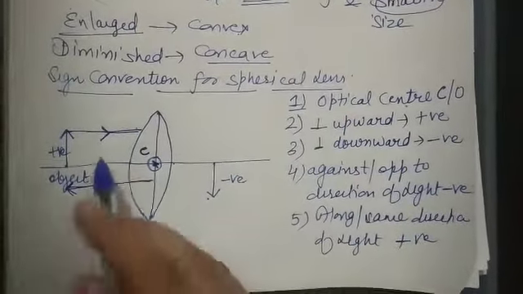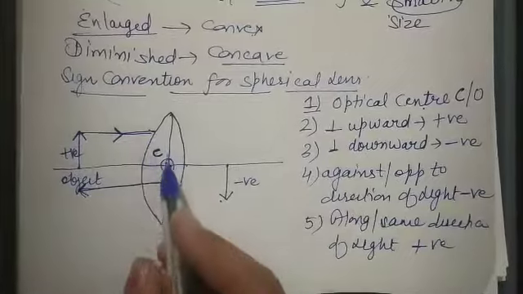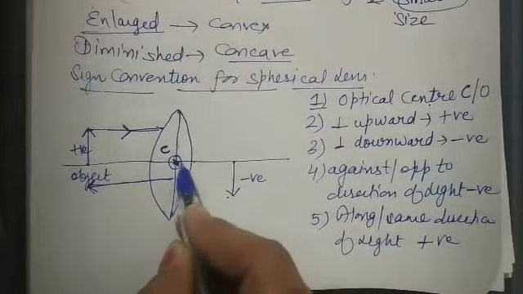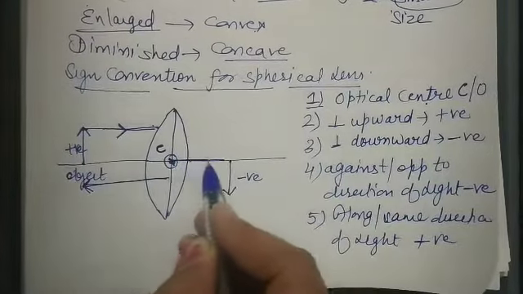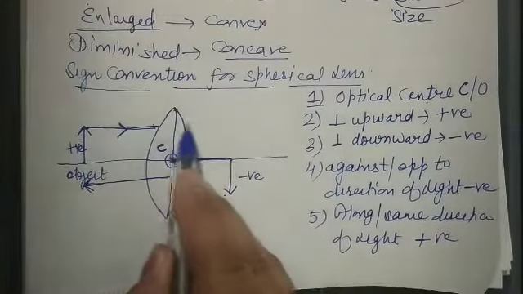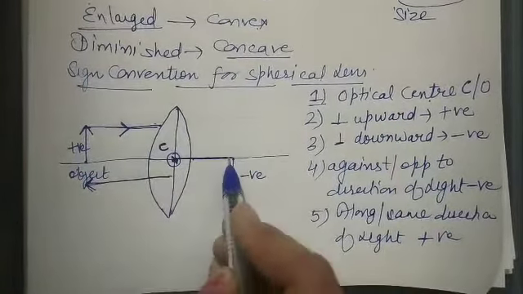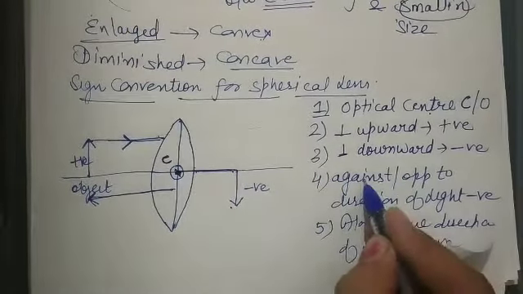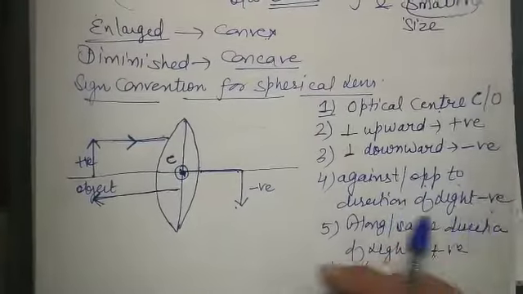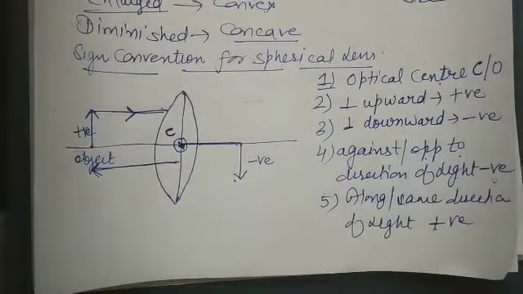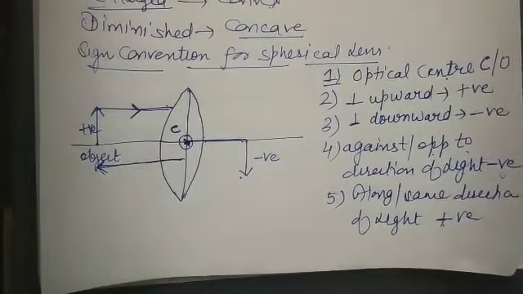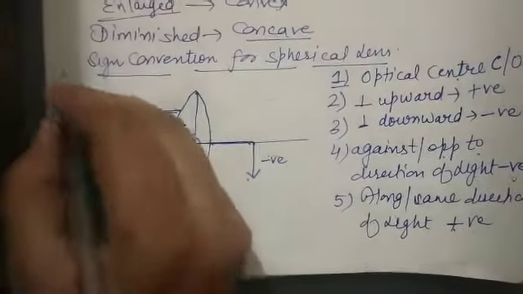And if we are moving along the direction, we have to start from C. If we are moving along the direction, it means towards the right, and light is also going towards the right. If we are moving along the direction of light, it will be taken as positive. If against, or opposite to, the direction of light, it will be taken as negative. Okay, so keeping these points in mind, we must learn